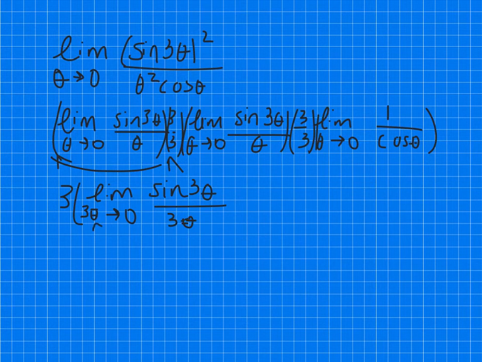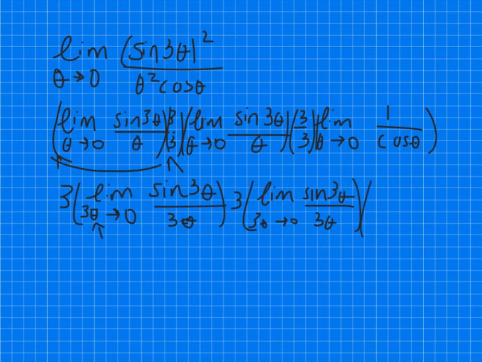Same thing over here: 3 times the limit of the sine 3 theta divided by 3 theta as 3 theta approaches 0, times